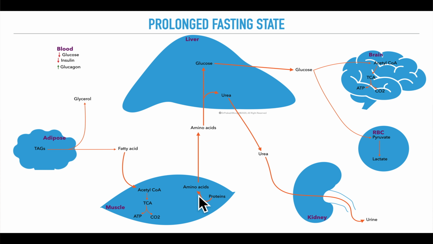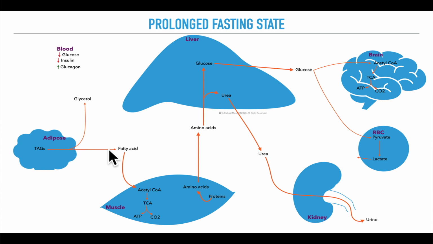So, protein degradation has already started under prolonged fasting condition to provide the glucose needs of the brain and red blood cell. What will happen to the adipose tissue? Adipose tissue continues to undergo triacylglycerol degradation because hormone sensitive lipase is active. That means glycerol is going out and fatty acids are going out, flooding into the blood. These fatty acids are taken up by the skeletal muscle and other peripheral tissues for energy needs, except the brain and the red blood cell. Note that the cells of these organs do not use fatty acids.